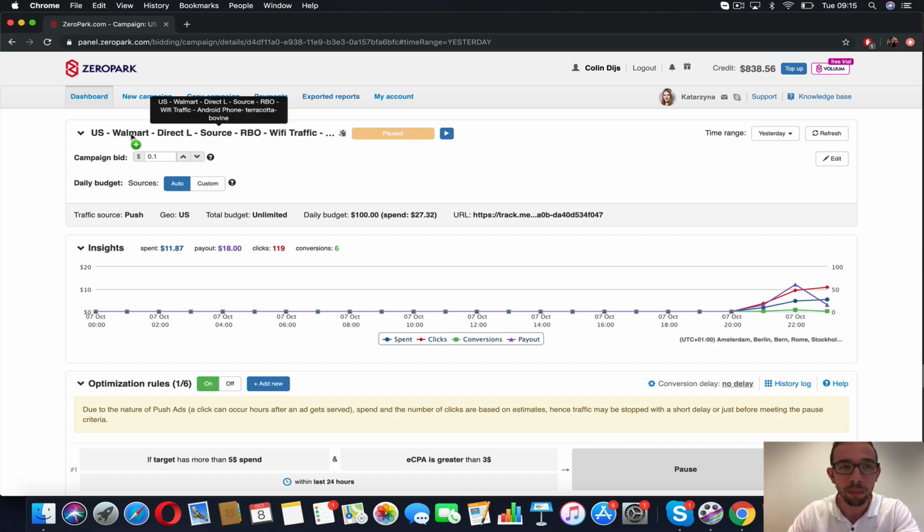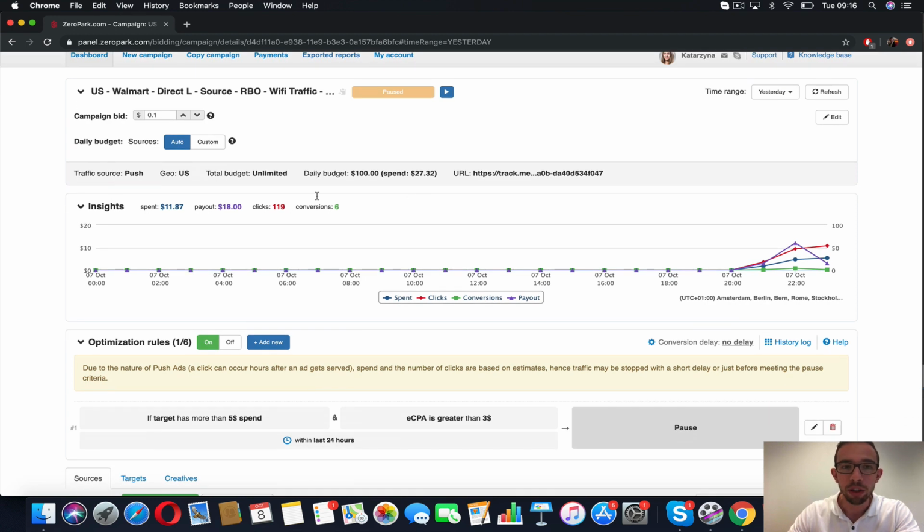So this is a US campaign for Walmart. I'm direct linking. I'm using a whitelist, which I got from Zeropark. I'm using rule-based optimization on Wi-Fi traffic only, Android phone, which in my sense means operating system 6 plus, and I'm using one specific source, terracotta bovine. I'm running on US push, $100 a day. So far it's spent 27,